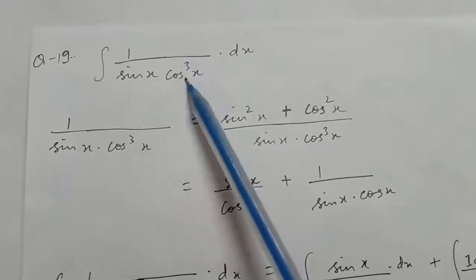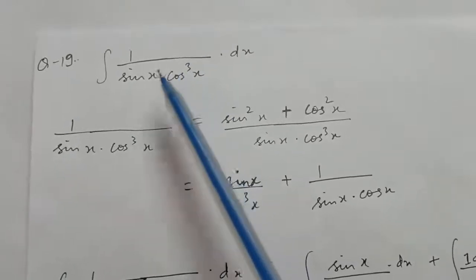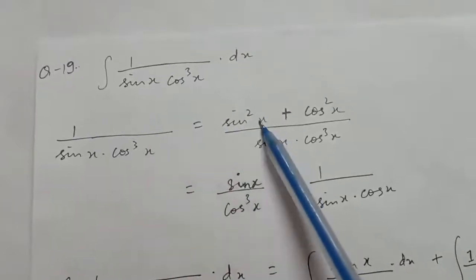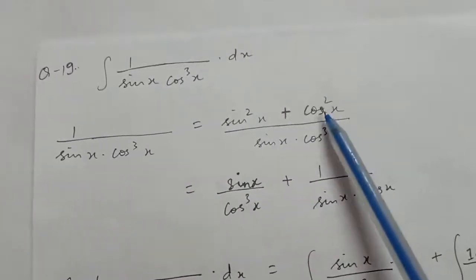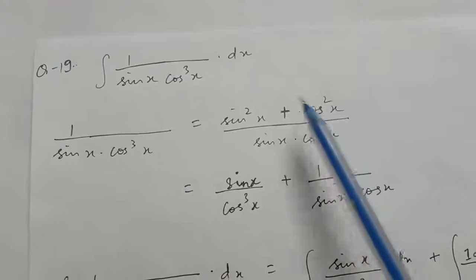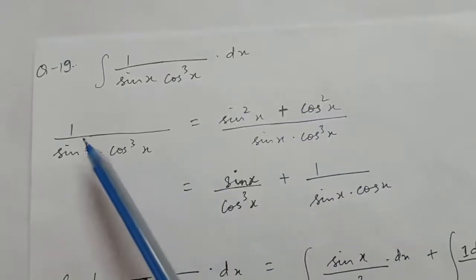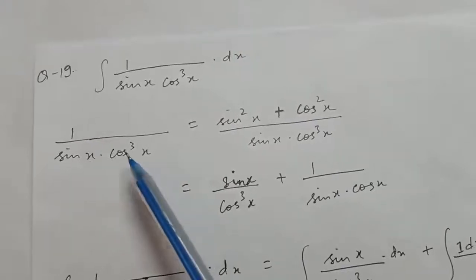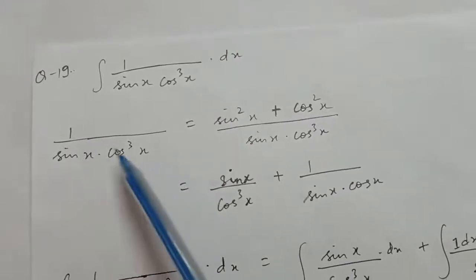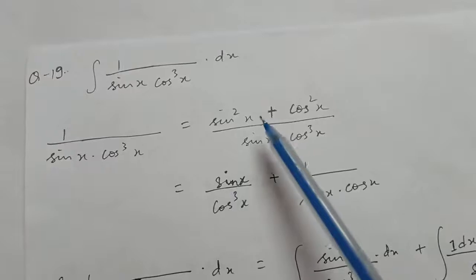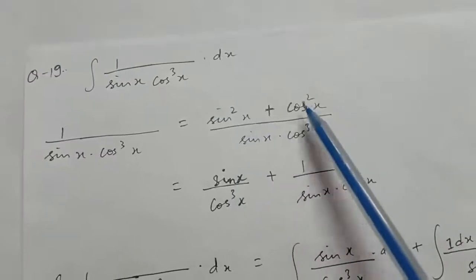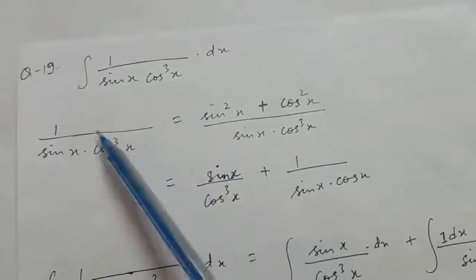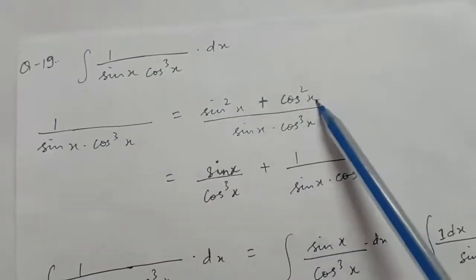Now to solve this integral, we have to make some changes in the given function. So in place of 1, writing sin square x plus cos square x. Now why I have done this? Because in the denominator we are given with these terms sin x and cos x. Also these terms are in the product. Therefore sin square x plus cos square x will easily get divisible by this, right? Therefore in place of 1, writing sin square x plus cos square x.